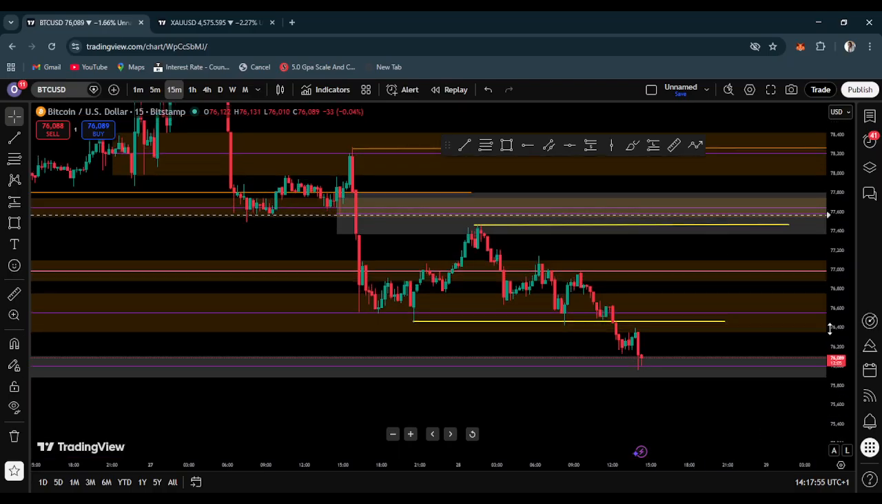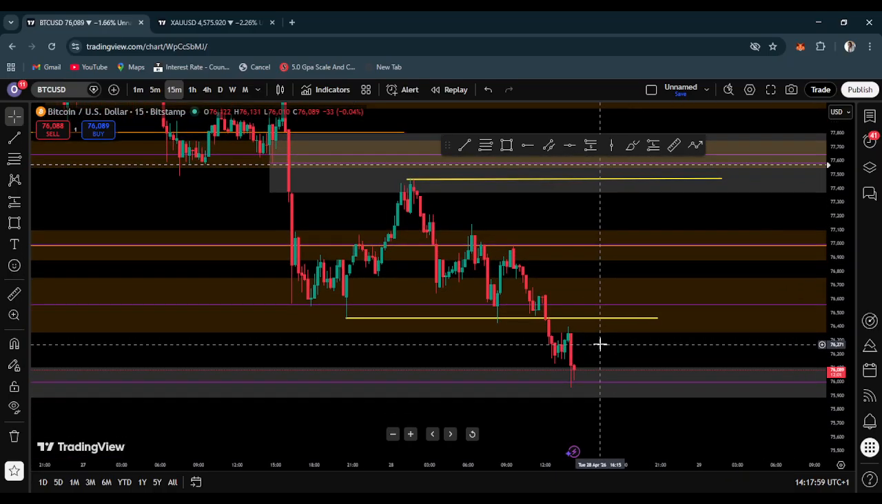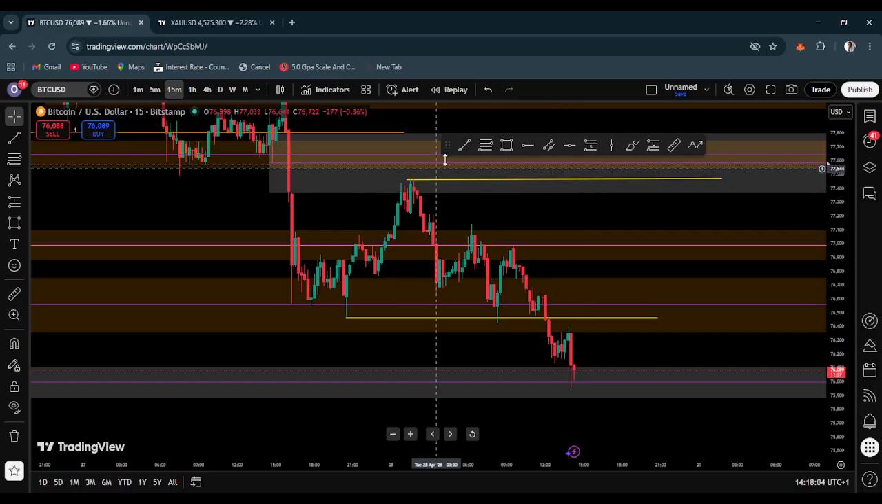But we don't have much here right now. Anything that causes the market to start retracing. This particular trend, this downtrend now, is showing participation of